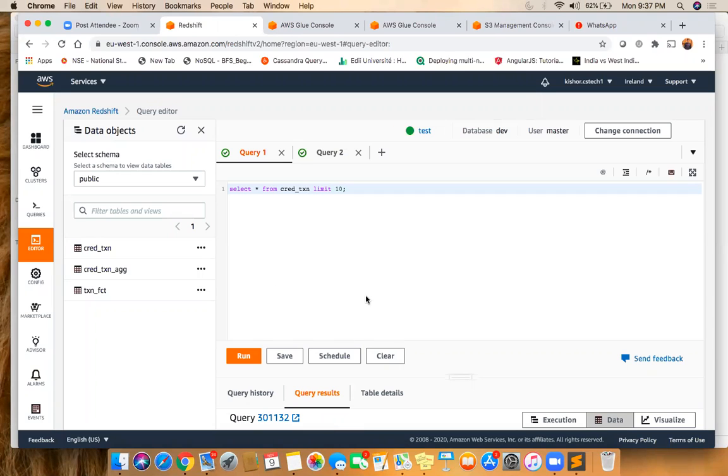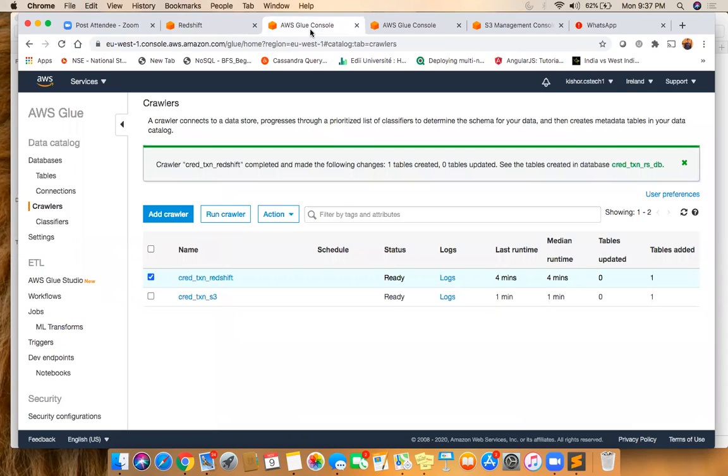Okay, so now we saw one data ingestion problem. Next, we'll see how to do an end-to-end pipeline. That means read data from some system, apply some data curation, and then write it to Redshift. So now we'll be writing data to another